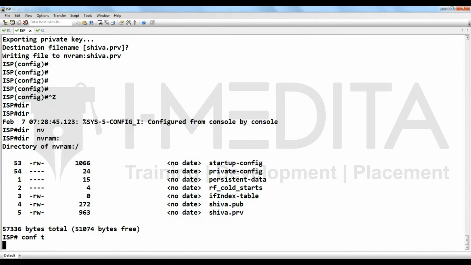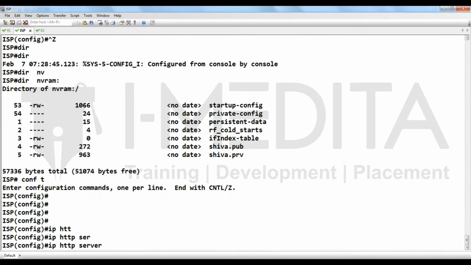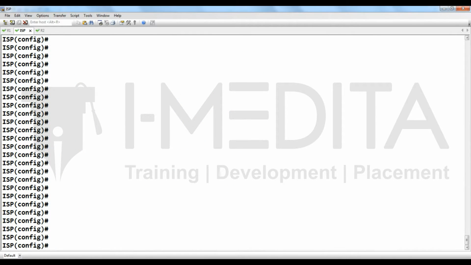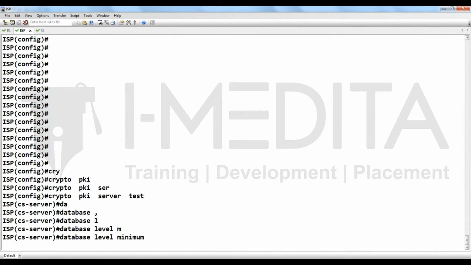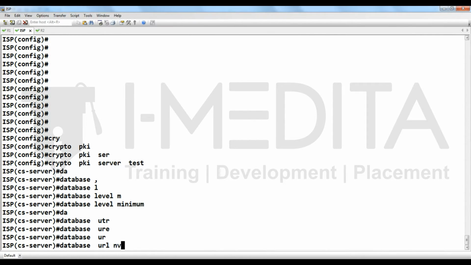When a client enrolls itself to obtain a certificate from the CA, it will use HTTP, so you have to put the command ip http server. Let's start the CA configuration: crypto pki server test, database level minimum, database url. You have already defined a location.